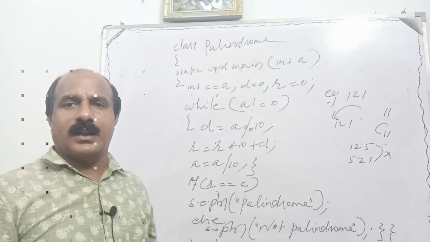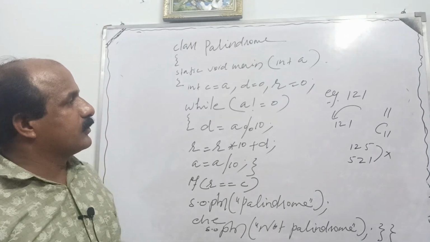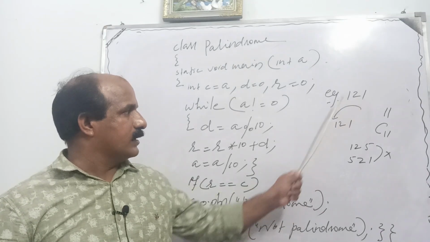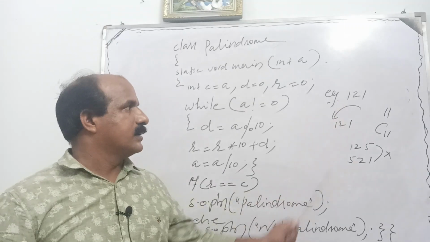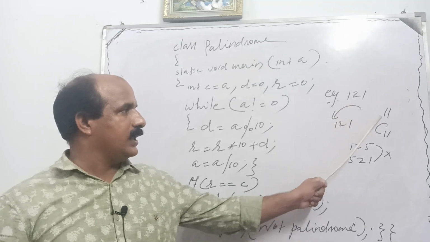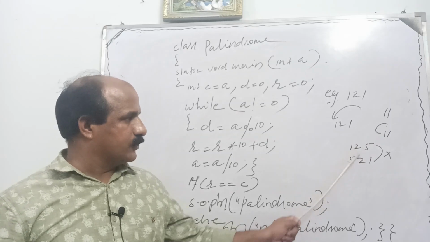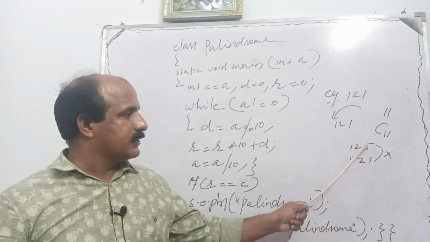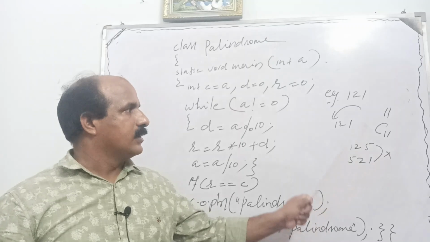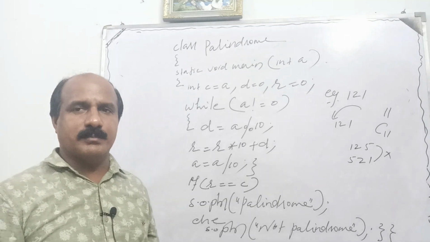So this is the logic behind the Armstrong number. Students, the last program of today is the palindrome number. See, a palindrome number like 121: when you write its reverse, 1, then 2, then 1, the reverse and the original number are equal. See 11, both will be equal. See 125: 5, then 2, then 1. Are the reverse and the original number equal? No. So in this case it is not a palindrome. When you make the reverse, if it is equal to the original number, then it is a palindrome number.